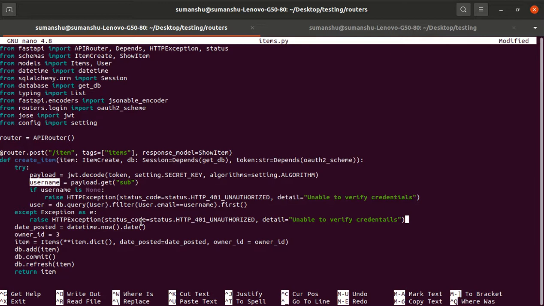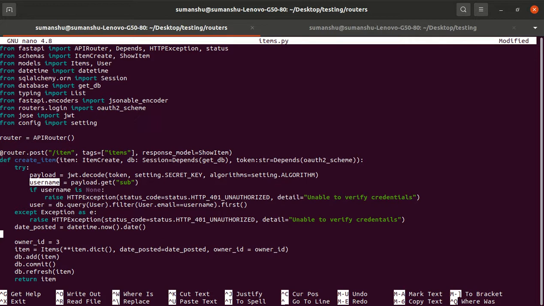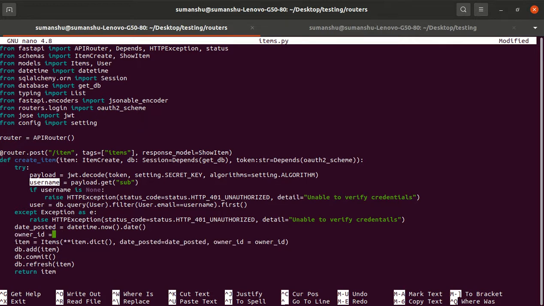So we get the user. How do we get the owner ID? Basically, we got the user, so the owner ID should be user.id. This is the ID field. So user.id will give us the owner ID, and that owner ID we will pass here.